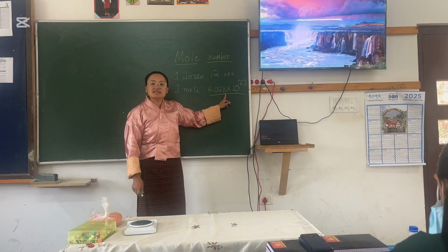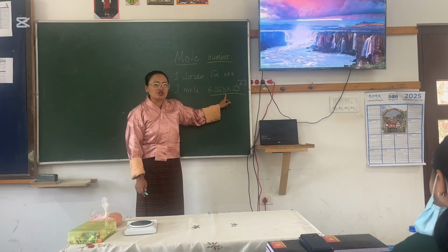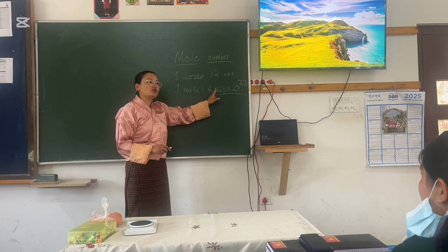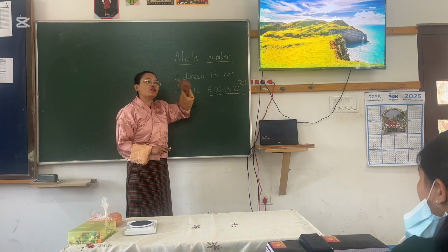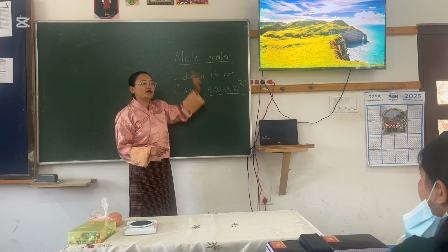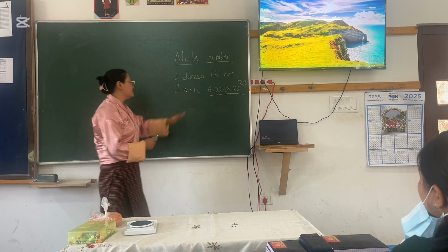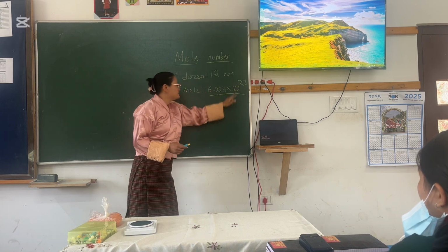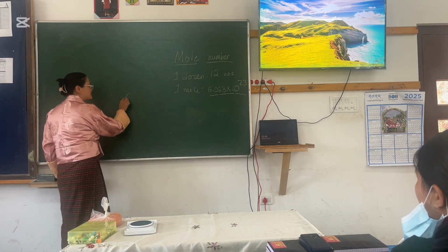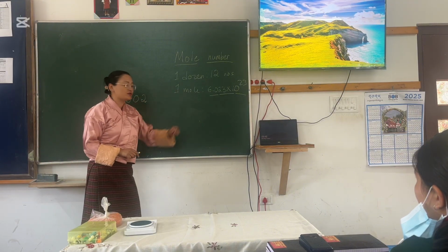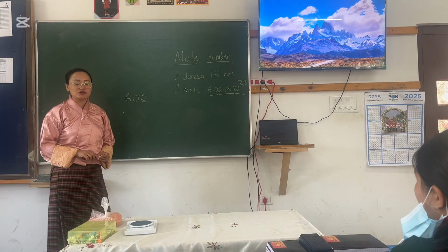Now, this number is really a huge number. So let us see this number. If you count this, it will take you forever to count this. Even when you die, you won't be able to finish counting this number, right? For example, without this, how do we represent this? So how many zeros will be there after 602? Forget about 3. How many zeros?